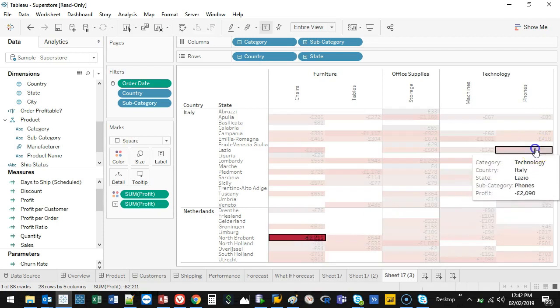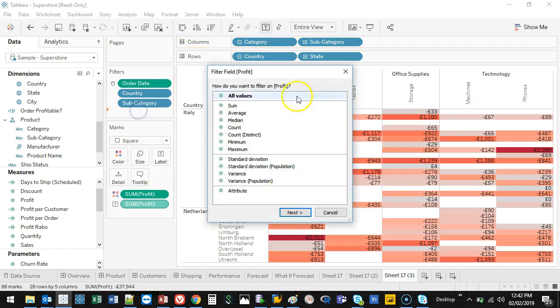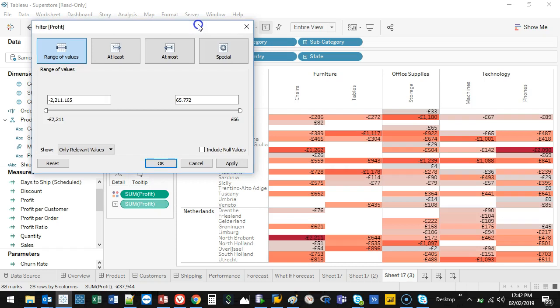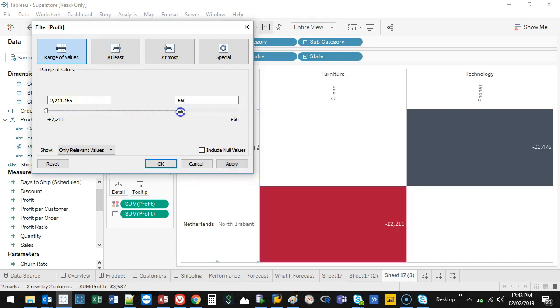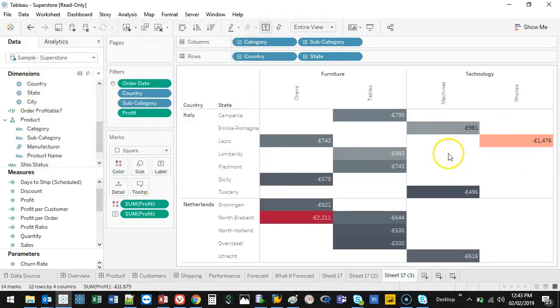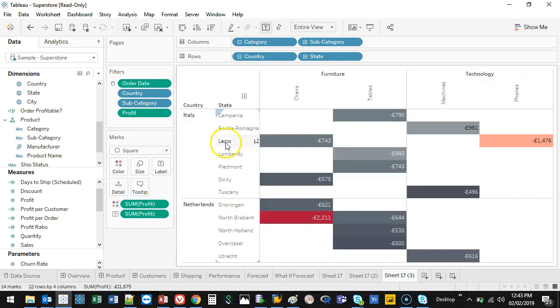Look at that, right? These two are having a lot of issues. So we can actually put a rank here, and let's say anything less than $1,000. I think that's the way to do it. Nope. Let's go a bit more. I'm going the wrong way. There we go, right? And you can filter and see, all right, these are the highest items. So let's go to North Brabant and let's go Lazio,